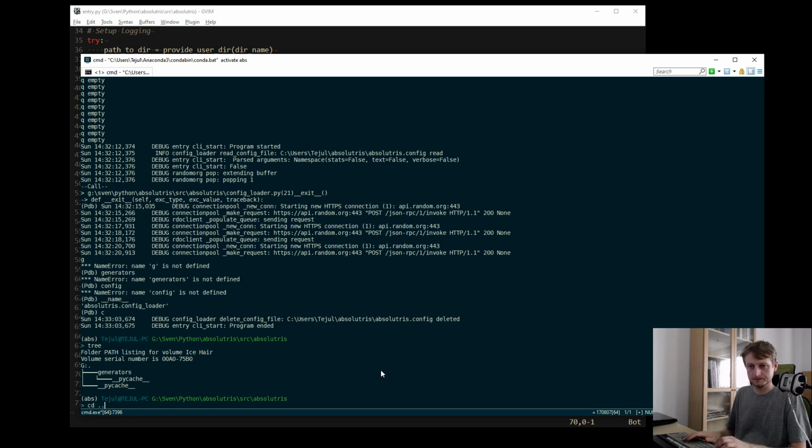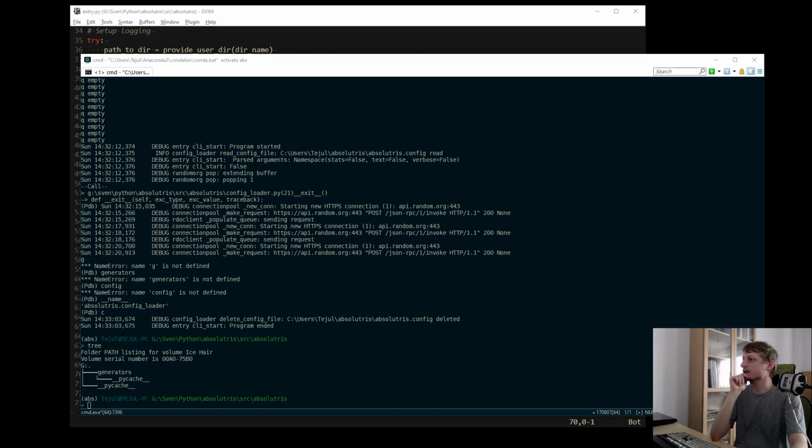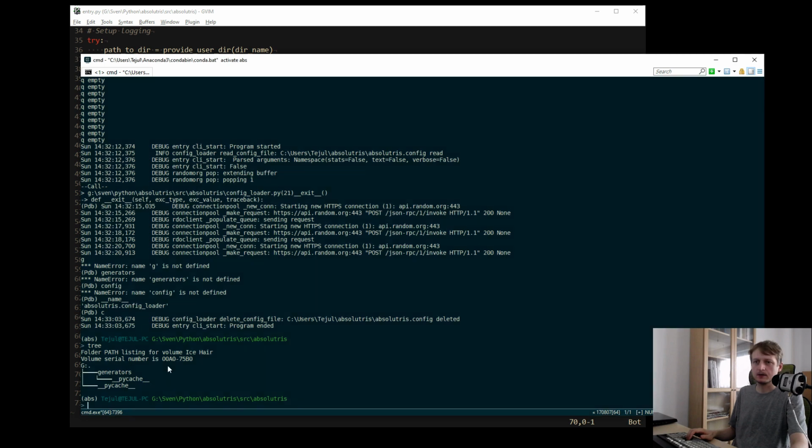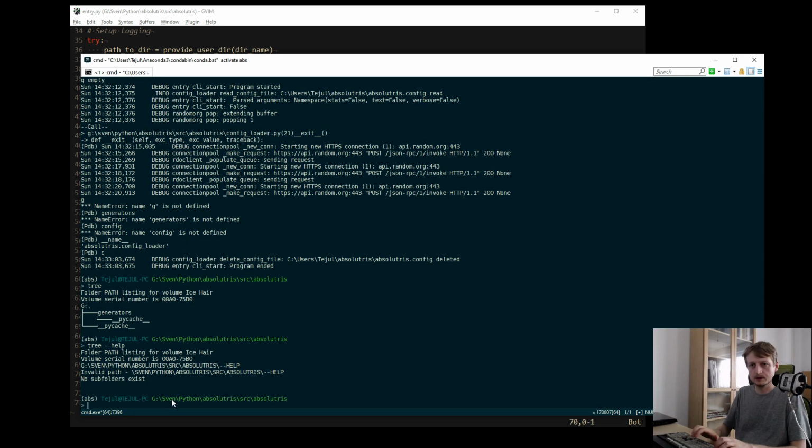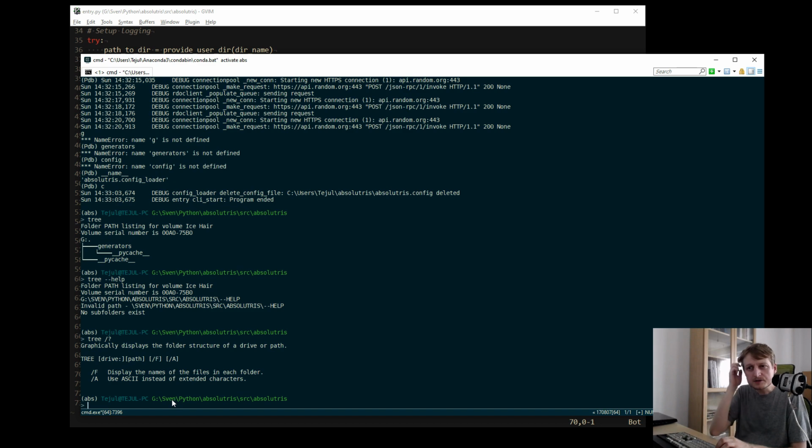Okay, so there is generators with a pycache. And how do you say tree? Display files.